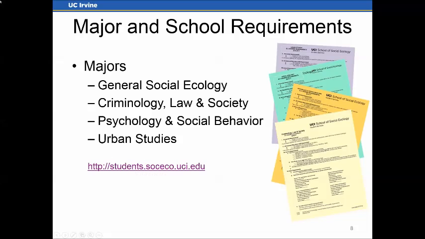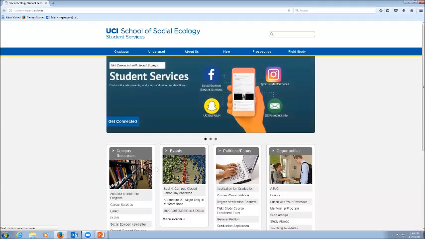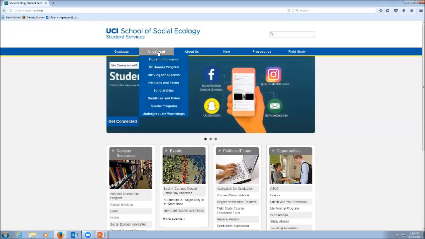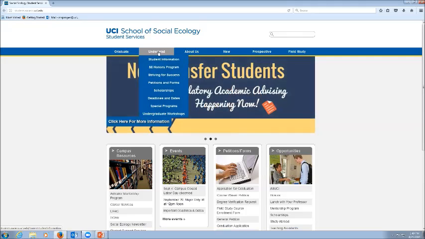If you click on this link, which we will, it'll launch you to our website where you can look at these colorful degree requirement sheets, broken down, and give you more information on the classes that you'll be taking in each of these majors. So let's look on here and help you with this. So here we are under the School of Social Ecology Student Services website. So if you go under undergrad information,